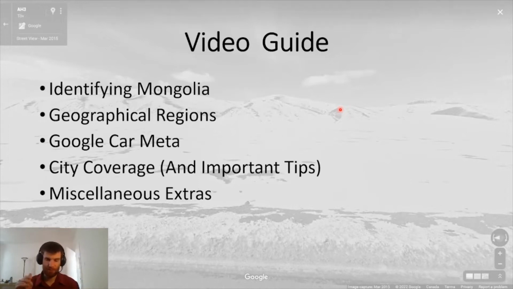The Google car meta in Mongolia is super useful because all of the Google cars have their own specific places where they will go. Although a lot of the coverage is still dominated by one big Google car that's hard to tell apart. And then with some of the other meta that I'll cover, then we'll go into